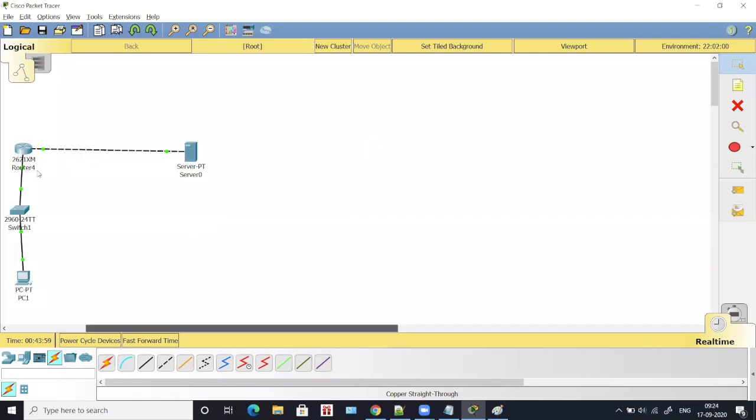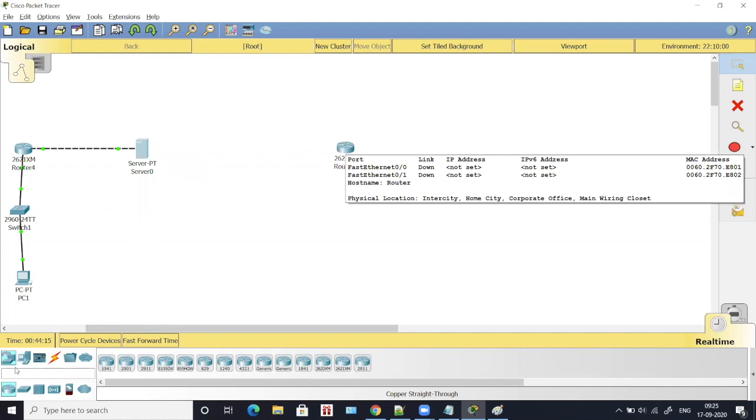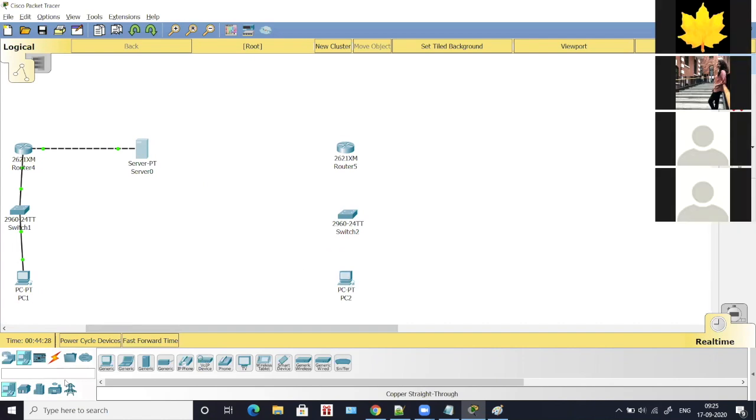So first, what you should do is you have to take a router. So I've taken this 2621 series from your Packet Tracer. Yes, so I've taken a router, and then you need a switch. So let's take a switch, and let's take a computer. Okay, and after that, in your end devices where you choose your computer, see the third option, the third tool, it is the server. So you have to click the server, and you have